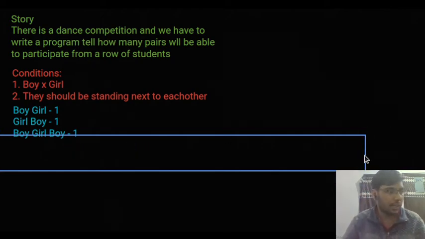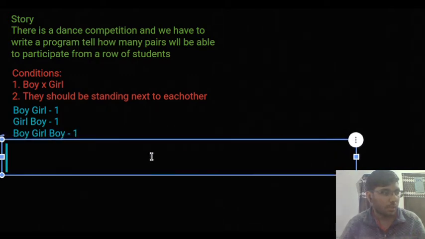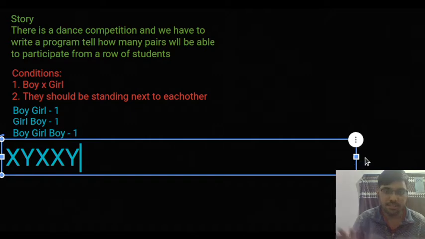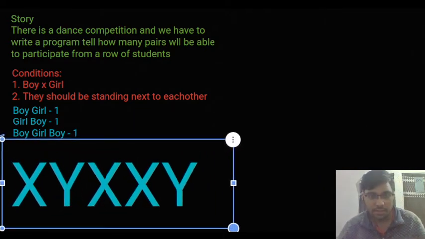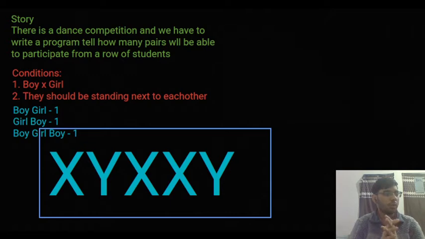Now to solve this question, let us go to a previous example, which was boy and then a girl, and then followed by 2 boys and then another girl. Let's just leave it to that. So to solve this question algorithmically, what we will have to do here is, first of all,